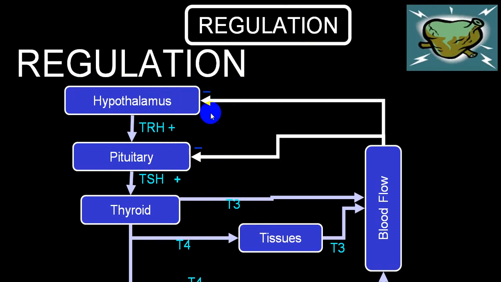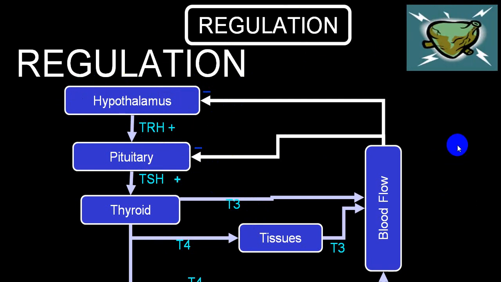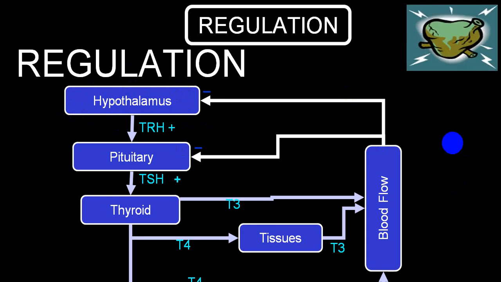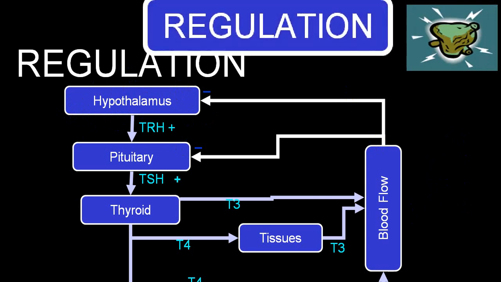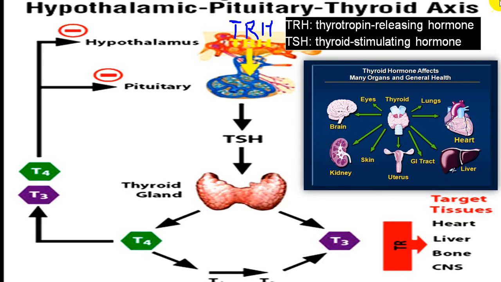The hypothalamus can be stimulated by hypoglycemia, hypothermia, mental and physical stress, exercise, etc. All those factors can stimulate the hypothalamus to release TRH, and that TRH will stimulate the pituitary gland to release TSH, and that will stimulate the thyroid gland to produce T3 as well as T4. So it is also called a stress hormone. There will be a good number of stimuli which will stimulate the hypothalamus to release TRH, and that TRH will act on the pituitary to release TSH. TSH will act on the thyroid gland to release T4 and T3.